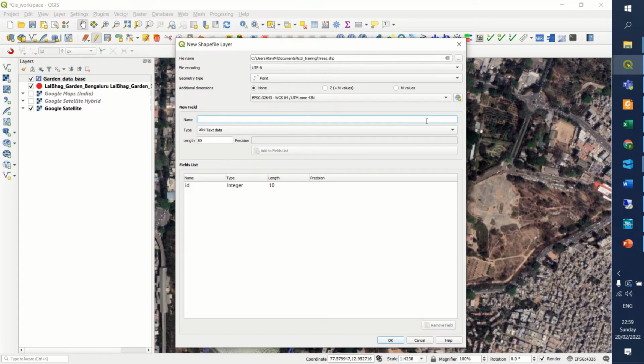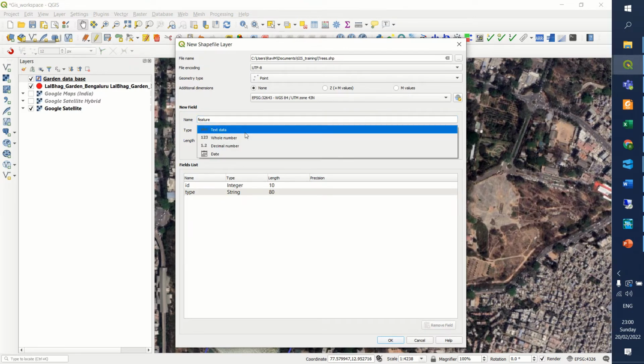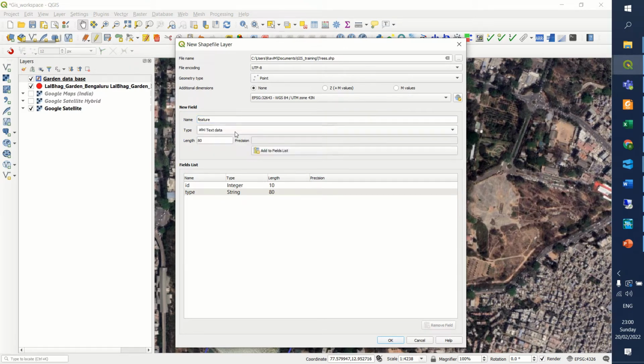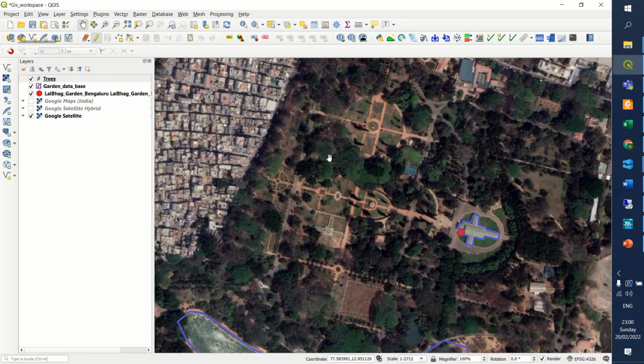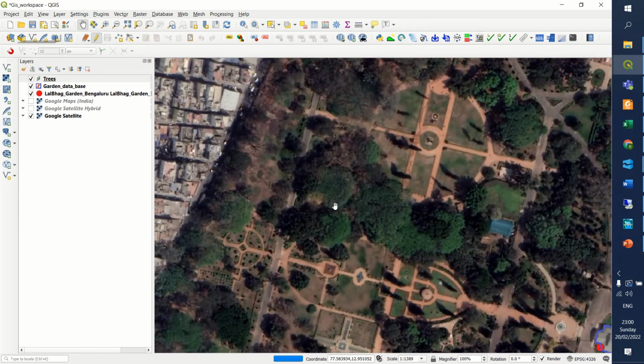And then here you can also add fields as I showed you earlier. The only field we need is type. I'll say add. And a feature field, you can give it as feature, and it should be text, and say add, save OK. Then you'll get a point layer here. Similarly, if you want to add points here, just click on that. For example, if you want to represent some special trees and identify them,